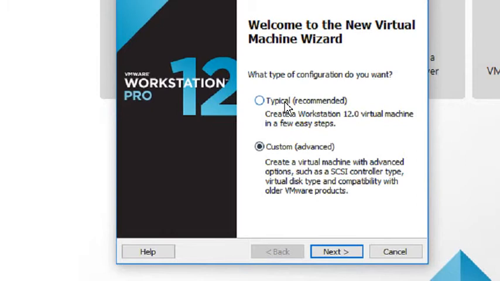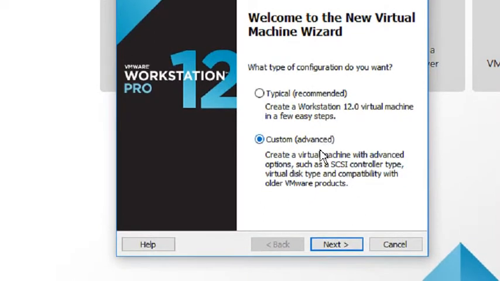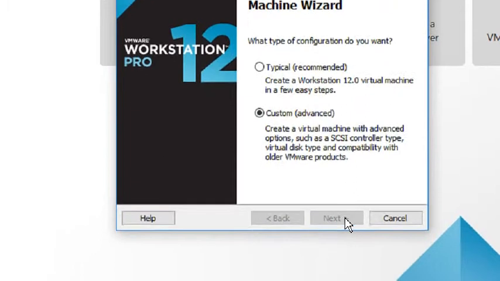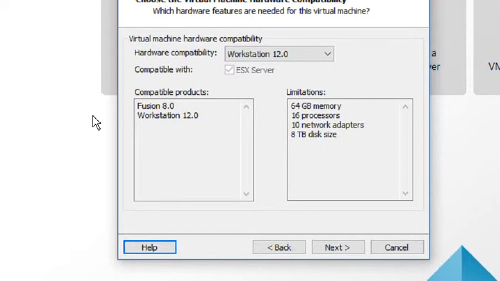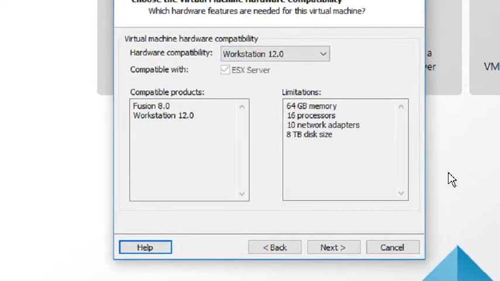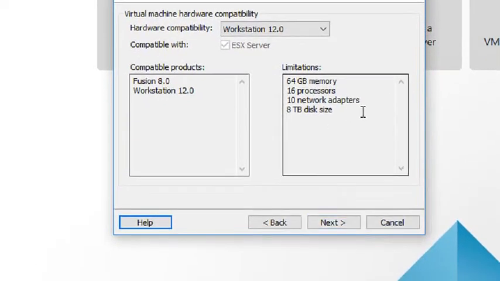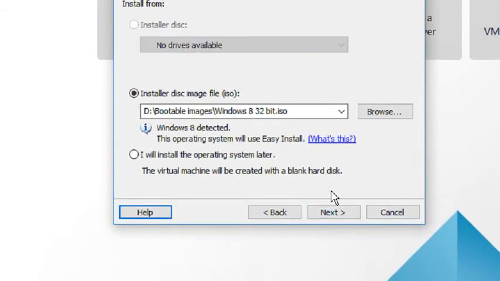By default the typical option would be selected, but I would recommend you click on custom. Click next. It will display all these things: Workstation 12, 64 GB RAM, 16 processors, and it can support up to 8 TB. Just click on next.